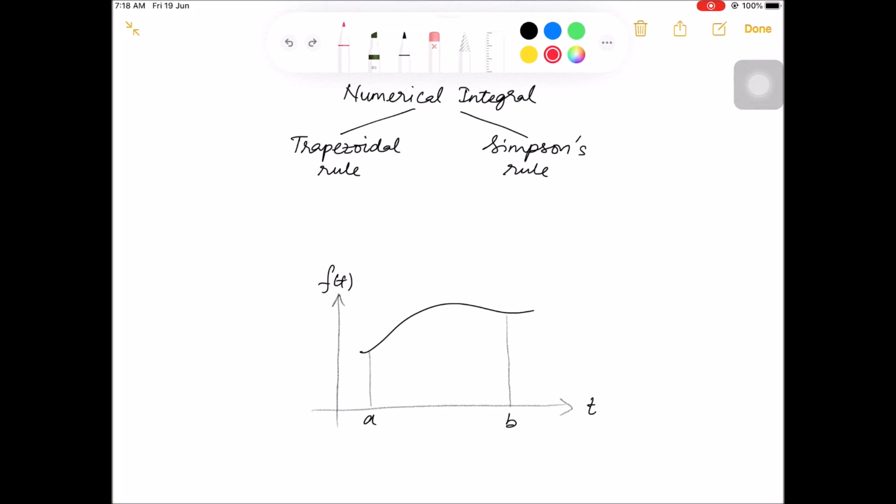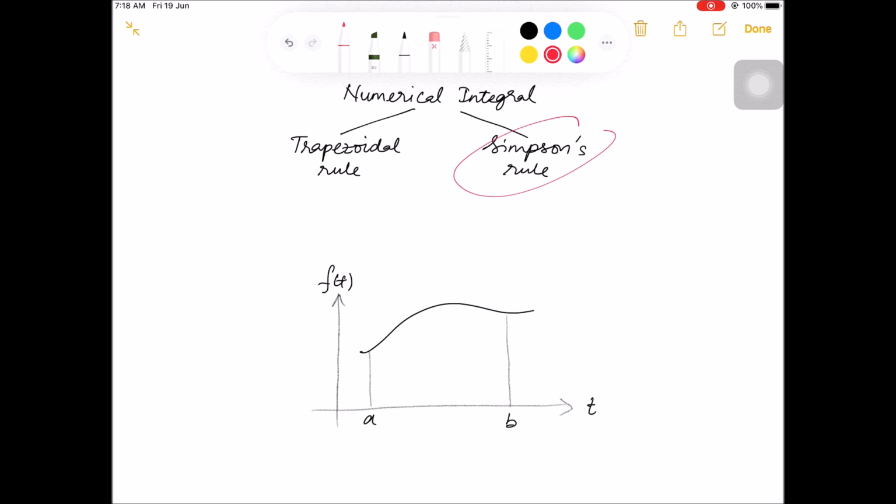The second method that I want to share with you is called the Simpsons Rule. The idea of the Simpsons Rule is to approximate the curve that connects three consecutive points with a second-order polynomial. The concept of the Simpsons Rule is similar with the trapezoidal rule, in which the interval is divided into multiple